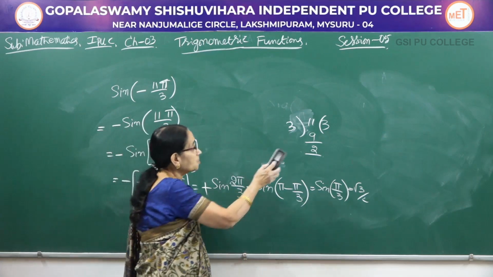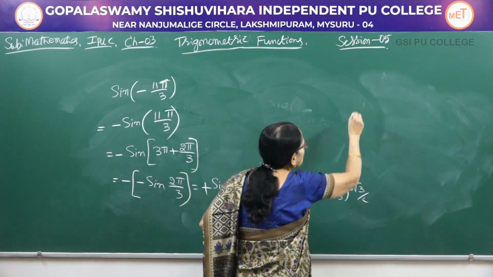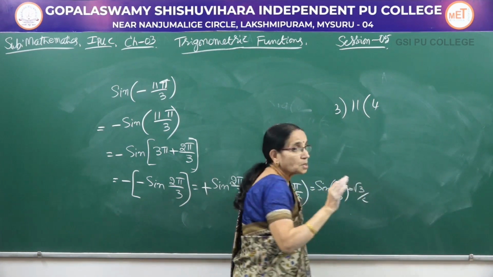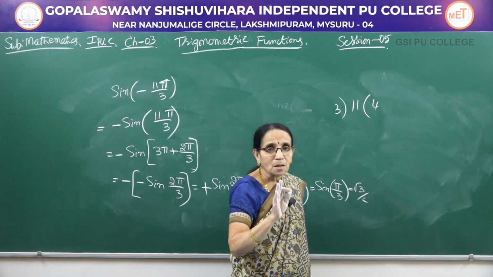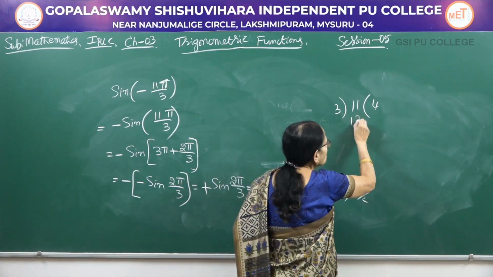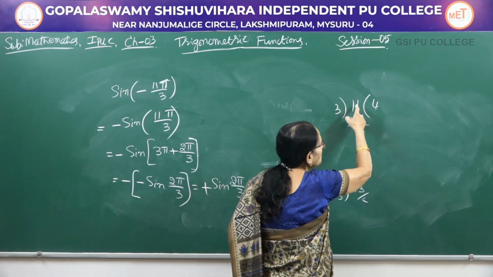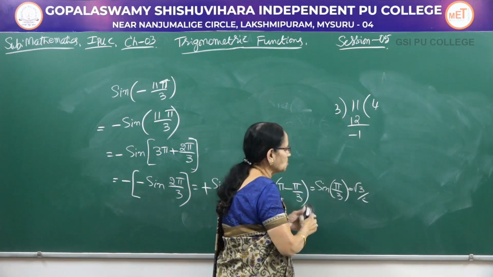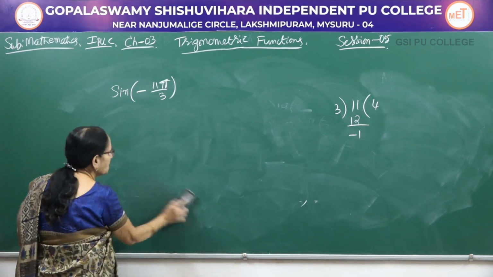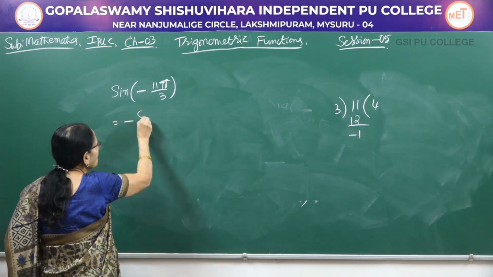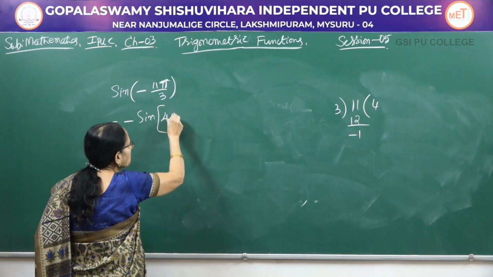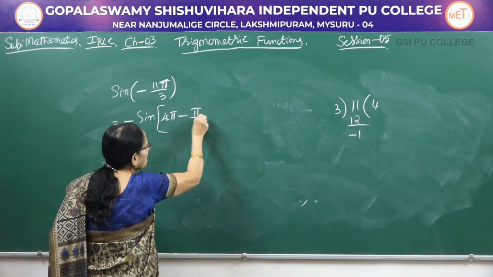Suppose, instead of dividing like this, this is also correct. If you divide it by 3, 4 times, of course, the basic definition or the method of division is that the remainder should always be less than the divisor, isn't it? Suppose you do it like this to get an even number here, plus 11 minus 12 is minus 1. Then how do you write this one? This angle, now of course that minus sign is there, this can be written as minus sine of 4 pi minus pi by 3.